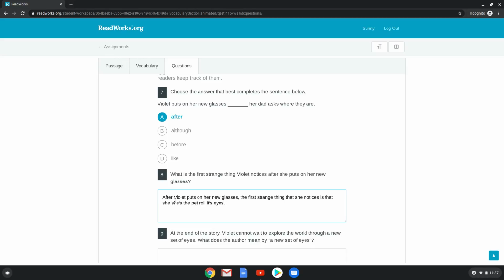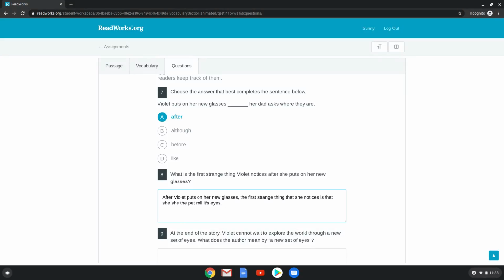Okay, so the way that we answered this is that we answered it in a complete sentence. So we restated, what is the first strange thing Violet notices after she puts on her new glasses? After Violet puts on her new glasses, see, we restated the question in the answer to make it a complete sentence. The first strange thing that she noticed is that,